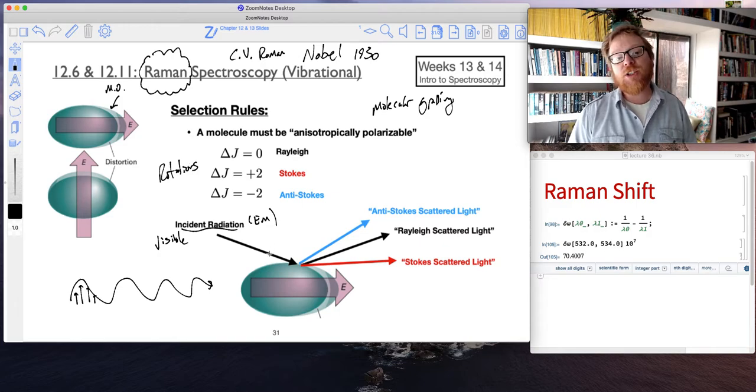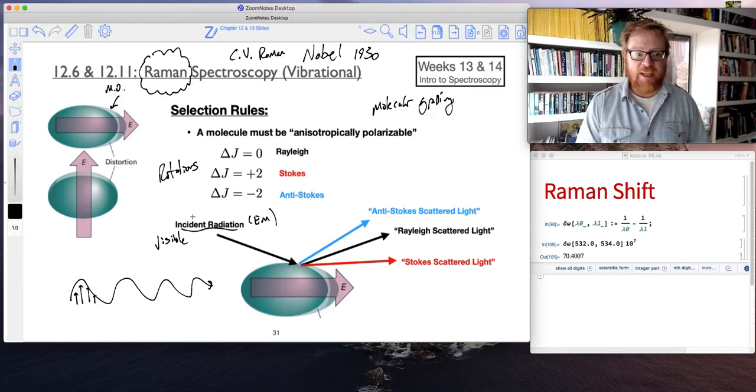So we can have rotational Raman or we can have vibrational Raman. So these are the quantum numbers for rotational, and I'll describe how that's different for vibrational. Okay? So for J equals 0, so if there's no effect on the rotational state, we just call that Rayleigh scattering. And there's no effect. So if the incident radiation is coming in at, let's say, 532 nanometers, the Rayleigh scattered light will also come